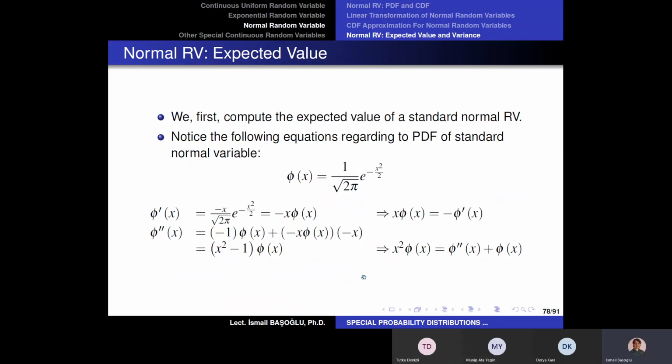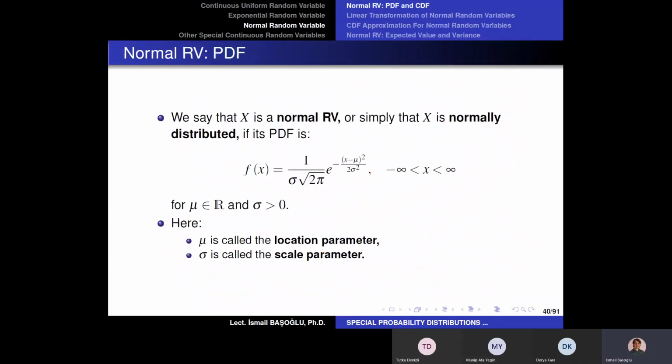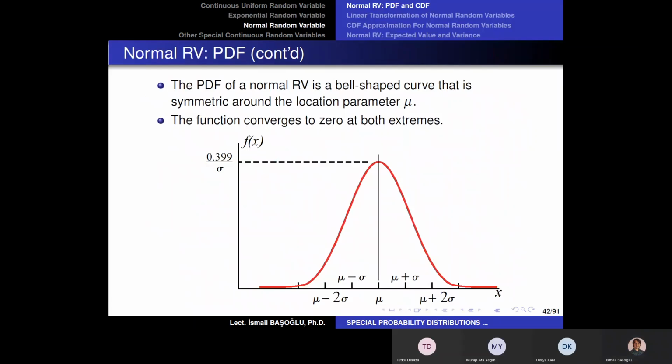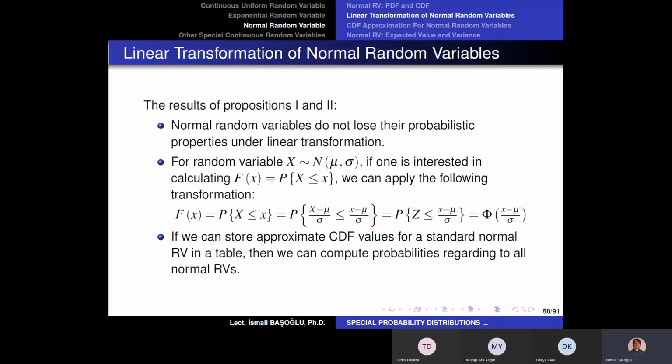In fact, this is not surprising at all. If I go back to slides earlier again, if you check the probability density function of any normal random variable, you will realize that it is symmetric around the location parameter, and the location parameter is therefore equal to the expected value. Okay? So you see mu, the location parameter, is also equal to the expected value in a normal random variable. So